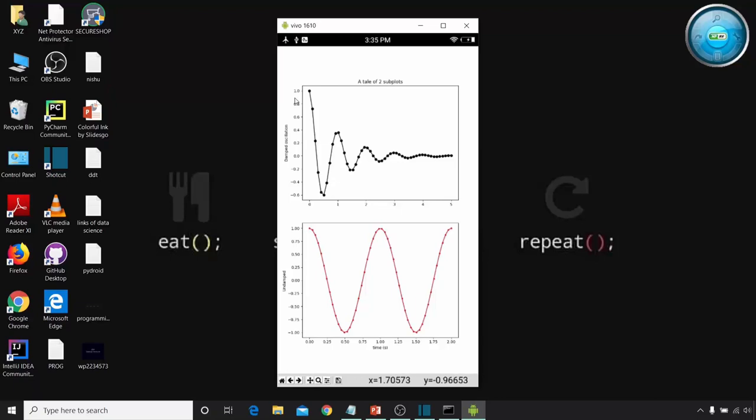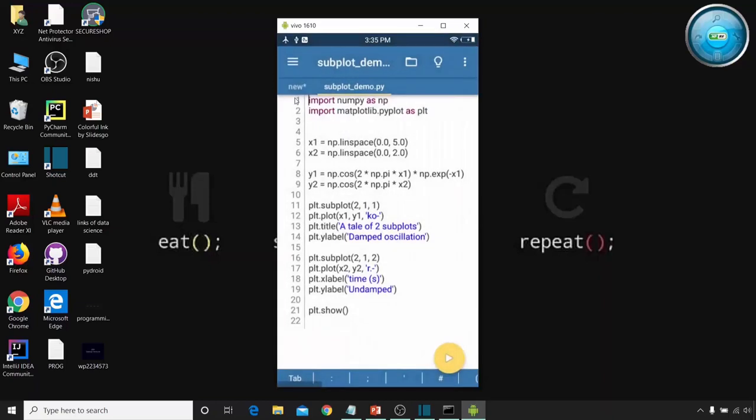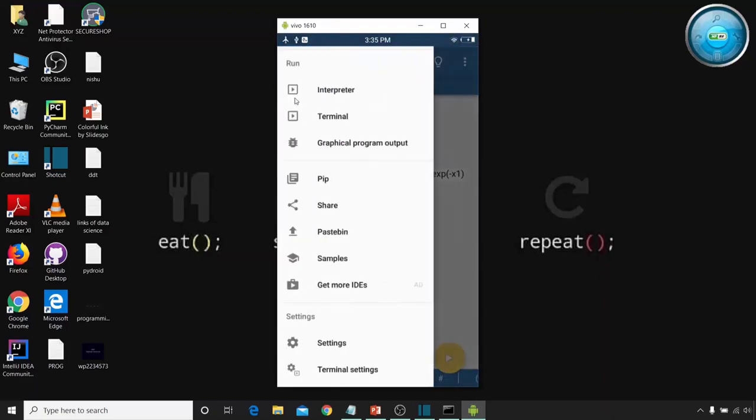So basically we can run a Python program which shows the data visualization. We can run a pandas program. We can use the NumPy. We can use any type of libraries over here and we can run our Python program. Apart from all this, we have different type of features.